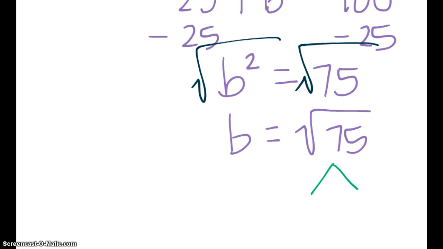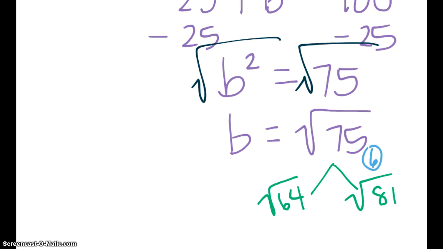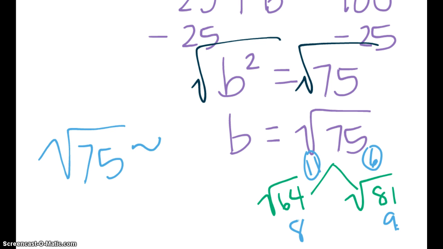So we know that it's going to be probably between the square root of 64 and the square root of 81. So this is 9, so it's going to be between 8 and 9. So it's probably closer to 9, so I'm going to guess around 8.6. Oh my goodness, the square root of 75 is about 8.66